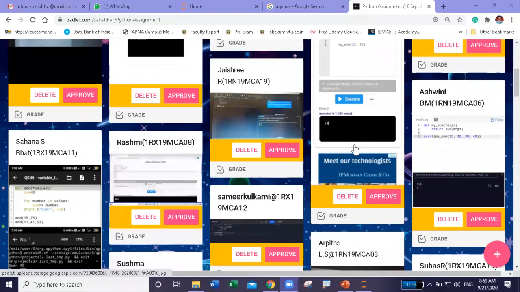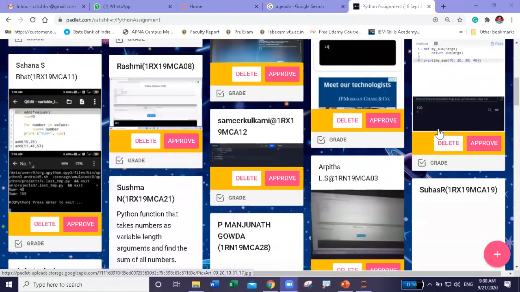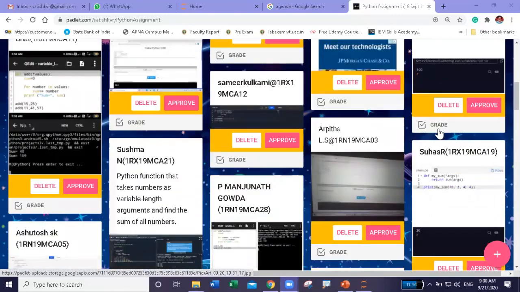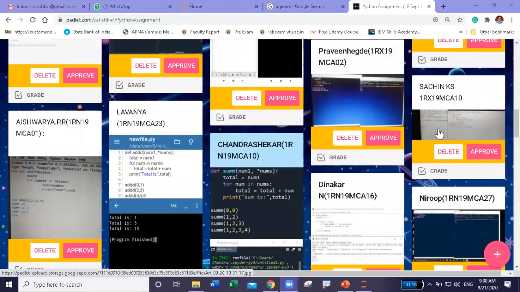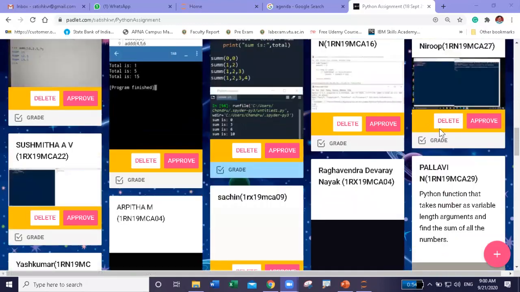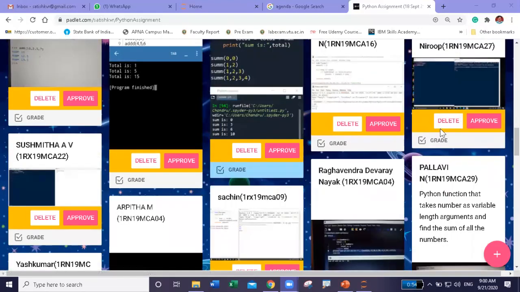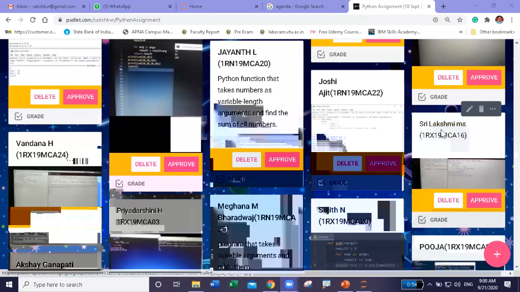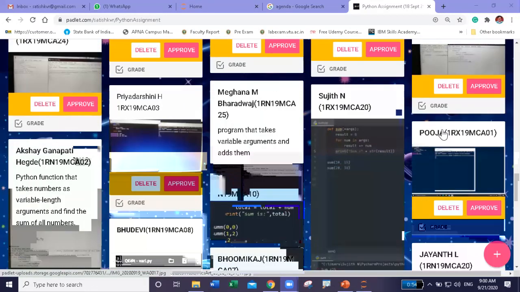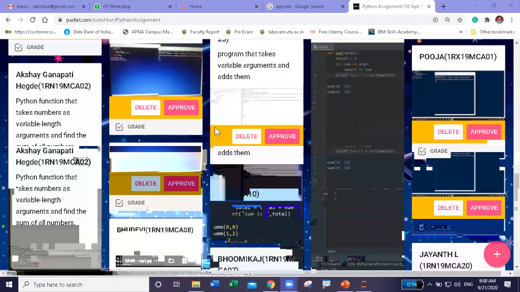Sahana, Rashmi, Samir, Arpita, then Suhas, Manjunath Gowda, Sushma N, Ashutosh, Aishwarya, Lavanya, Chandrasekhar, Dinakar, Nirup, Raghavendra, Pallavi, Sachin, Arpita, Sushmita, Yash, Jayant, Joshi Ajit, Sri Lakshmi, Vandana, Meghana, Sujit, Pooja, Priyadarshini, Bhudevi, Akshay Ganapati, Hegde, Bhumika, Manimala, Jayant, Shubha,